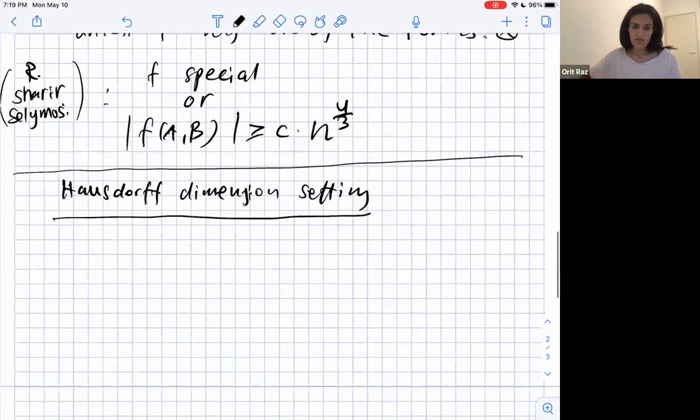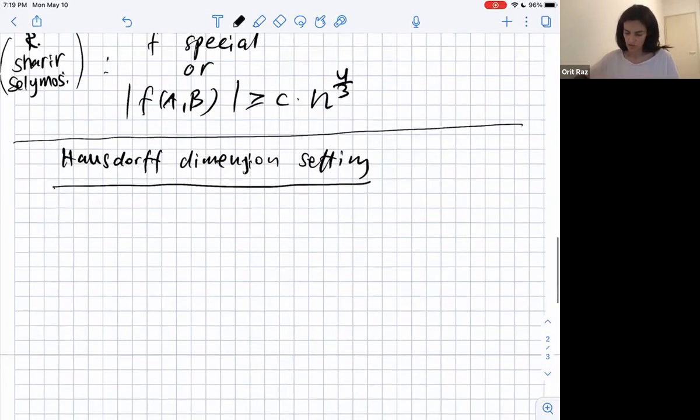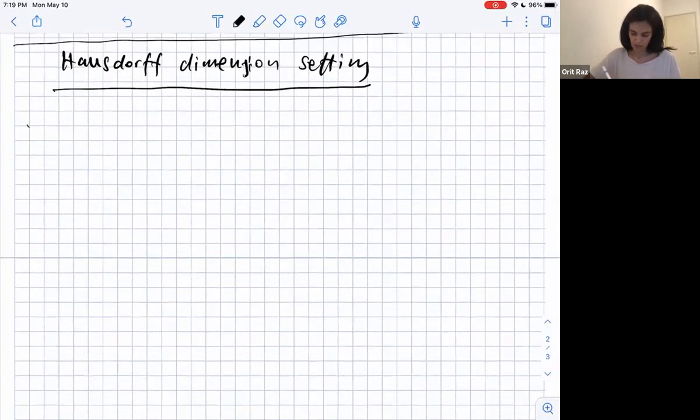I'm not going to define it. You don't need to know what Hausdorff dimension means. I will explain. I'm going to move from this setting to a discretized setting, which I'm going to explain. But the Hausdorff dimension setting, a theorem of Bourgain